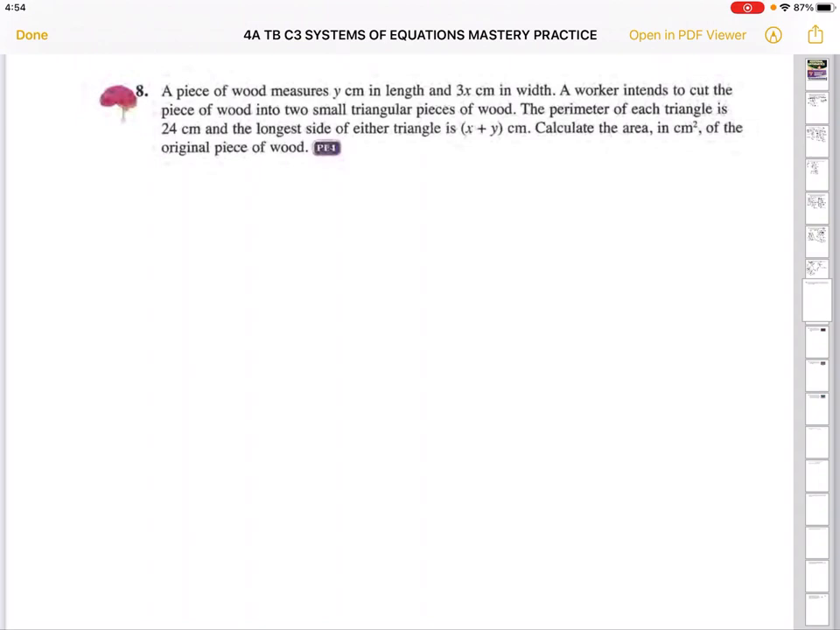Y cm in length, a rectangular piece of wood. Okay, y width is 3x. A worker intends to cut the piece of wood into 2 smaller triangular pieces of wood. Okay, you're cutting exactly 2, so you have to cut in the middle